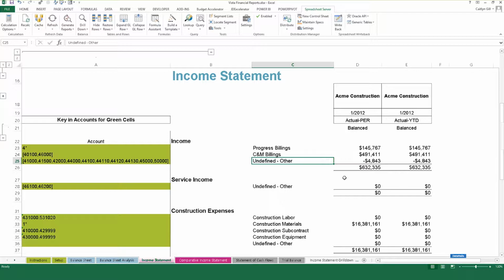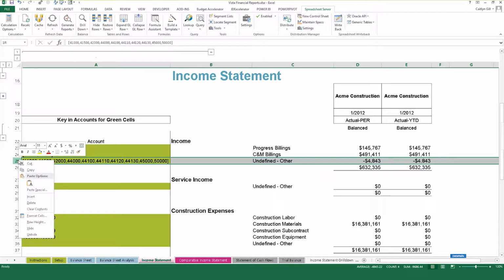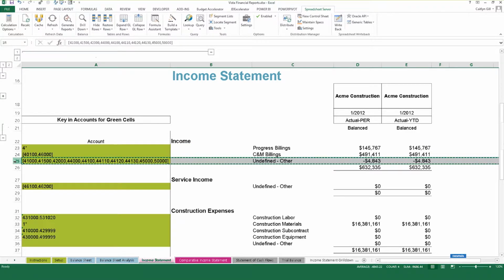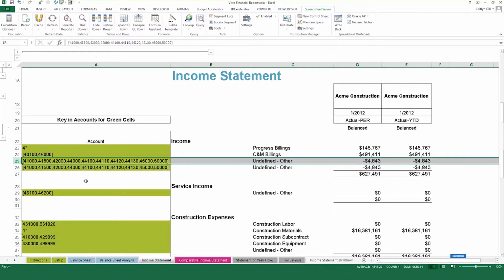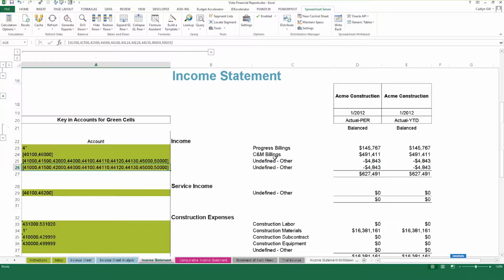You can also make this more detailed. So if I have another line item that I define under my first income section of my income statement, all I'd have to do is just copy this row and insert copied cells. It's going to add a new line, and I can make another entry here. So we'll say this line I want to include all accounts that begin with 41. So it's going to add that. You'll notice that my balance updated,